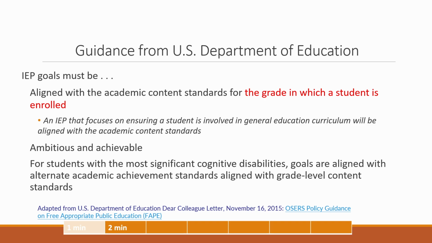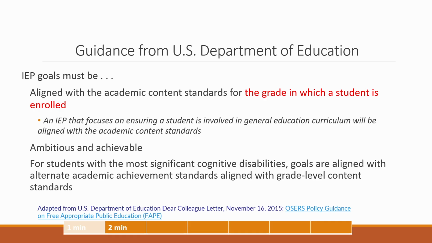So let's say there's a fourth grade student with a learning disability who's really struggling in reading foundations and doing just single syllable short vowel word reading, where fourth graders typically are already past single syllable word reading to multi-syllabic words and more complex text. Well, we would need to align that IEP goal with a fourth grade reading foundation standard because the student is in fourth grade, and not be tempted to go back down into kindergarten standards because that would violate providing a free, appropriate public education in the least restrictive environment.